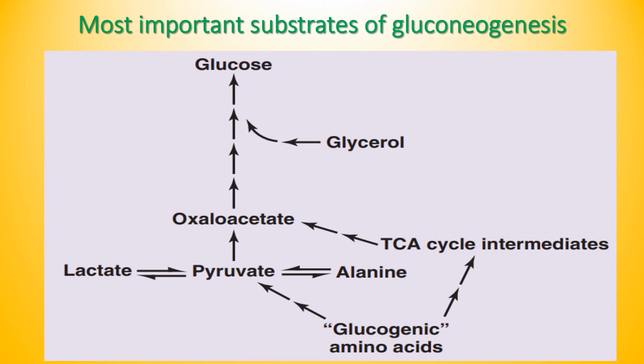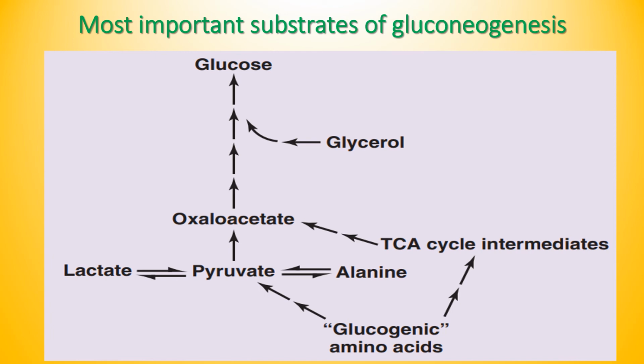For example, citrate, isocitrate, alpha-ketoglutarate, succinyl-CoA, succinate, fumarate and malate are all citric acid cycle intermediates that can undergo oxidation to oxaloacetate. So a few of them, or all of the carbon atoms of most of the amino acids derived from proteins, are ultimately catabolized to pyruvate or to intermediates of the citric acid cycle. Such amino acids can therefore undergo net conversion to glucose, and these amino acids are known as glucogenic amino acids. Glutamine and alanine are the principal molecules that transport amino groups from